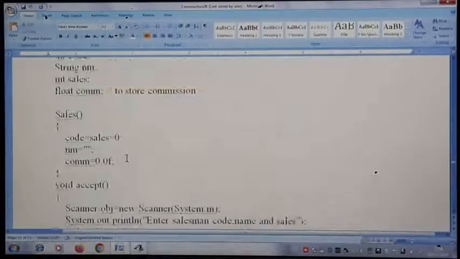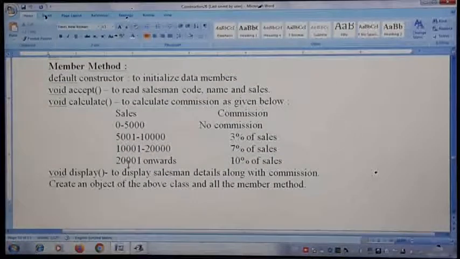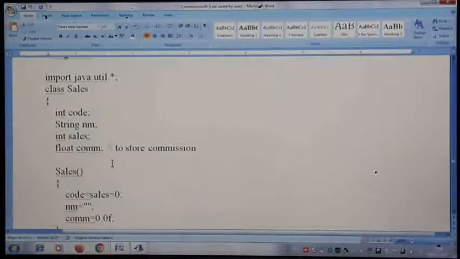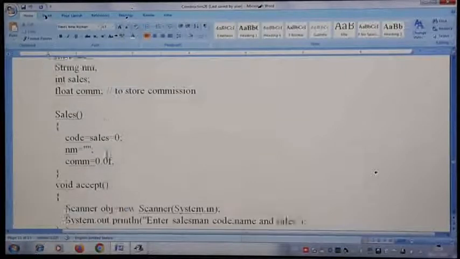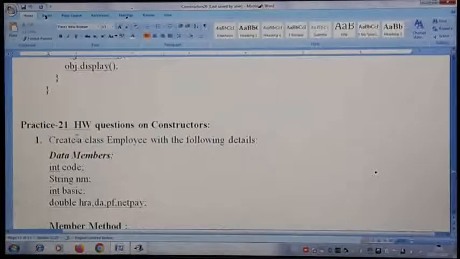The same program. See here in the Word file where I started today. In the same file I have given you the program solution, because when I give you notes, you write all these things on your classwork side, and the homework question also. When I gave you the homework, that time you started writing on the practice side. By this time you have finished writing in your homework side. Now when I give you notes, write even the homework question in your classwork side only, with this heading.